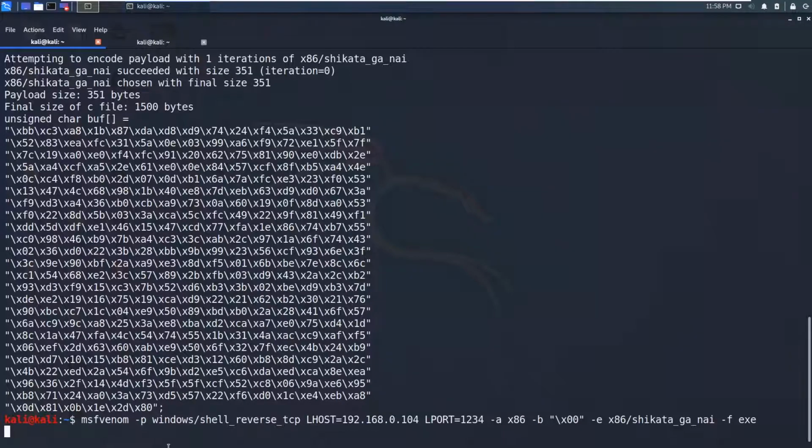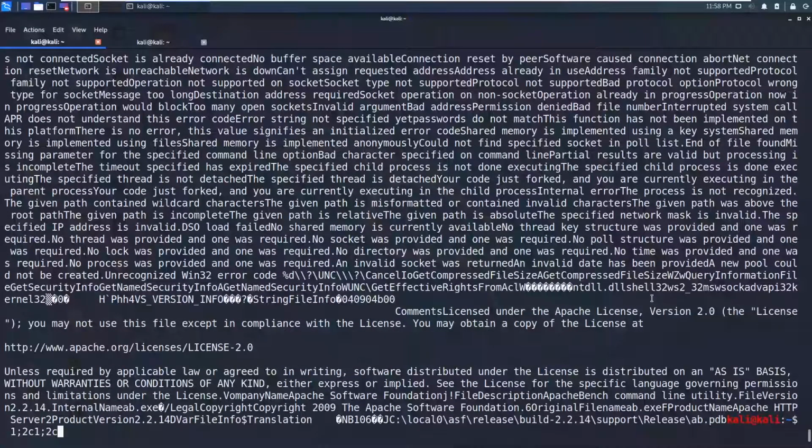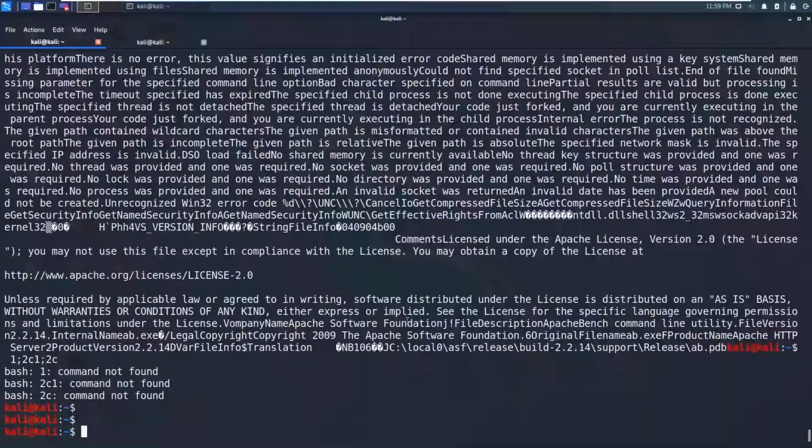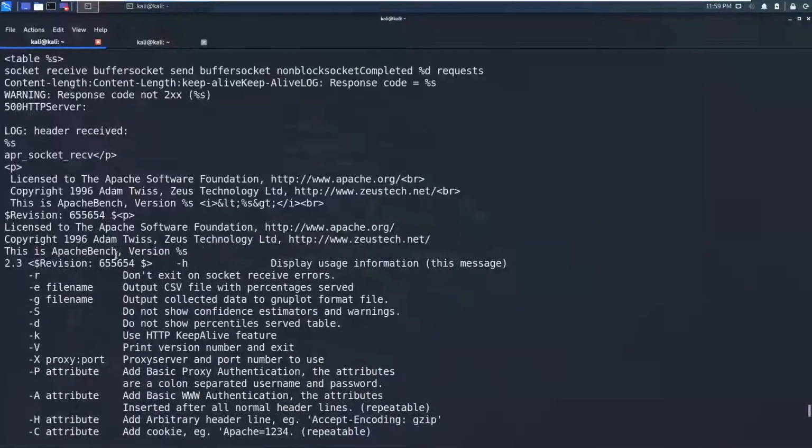Maybe I should give the output name. Okay, let's see without output name. So we have got some errors.